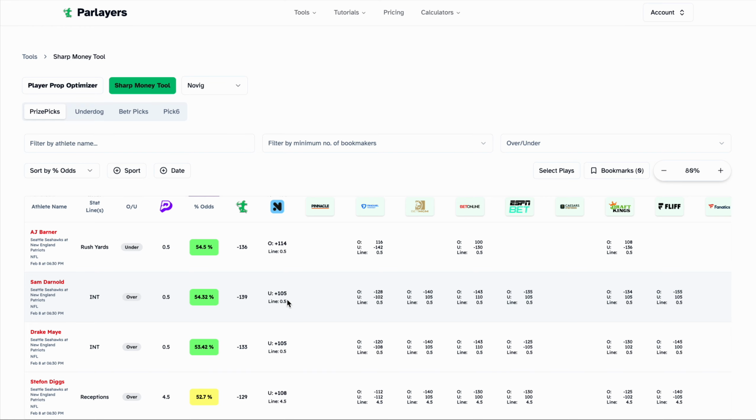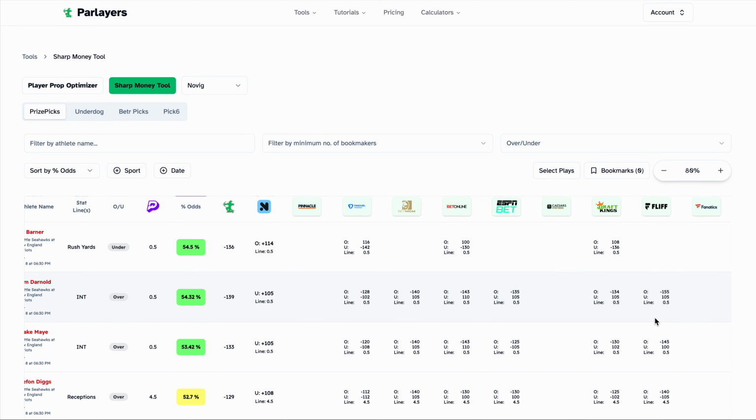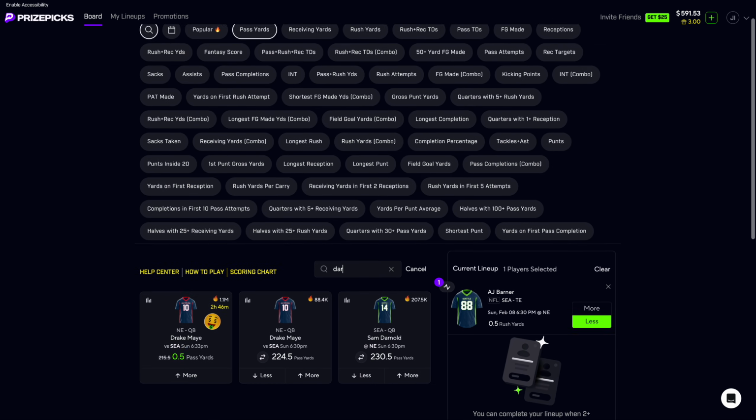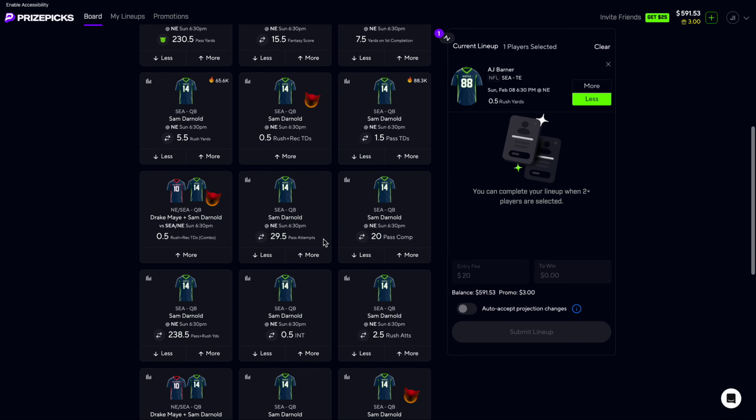Under's a plus 105 on Novig and ProfitX, meaning that the sharp bettors believe that he's more than likely, more times than not, going to get an interception in this game. As you go across the market here, a couple of books, Flip's going to be our best point of confidence here. Minus 155, favored for Darnold to throw a pick. So I really do want to get this play in. This play's been kind of on and off the board, but